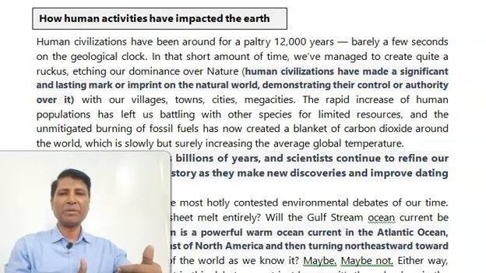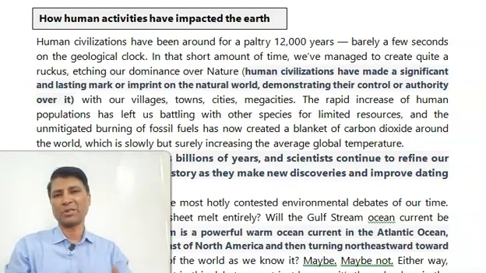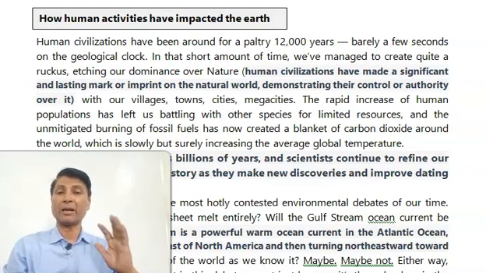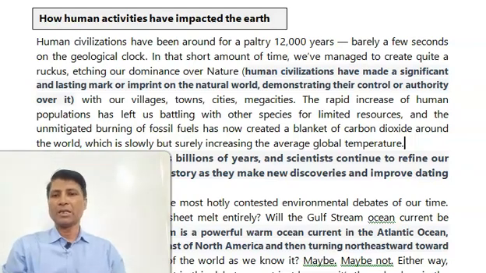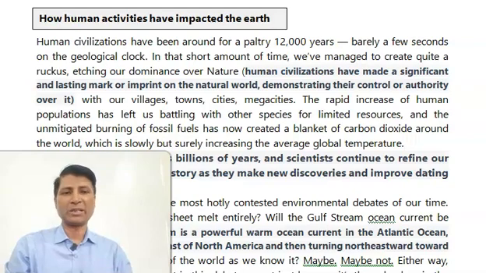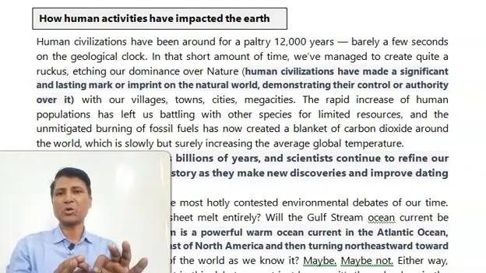You cannot measure the history or the evolution of the Earth in seconds or minutes or hours or days or weeks. So geological clocks are used, which indicate years and eras, such kinds of periods. So human civilizations have been around for a paltry 12,000 years, barely a few seconds on the geological clock. In that short amount of time, in just 12,000 years, we have managed to create quite a ruckus. This question is coming in the exam,